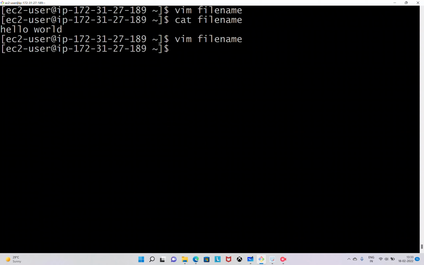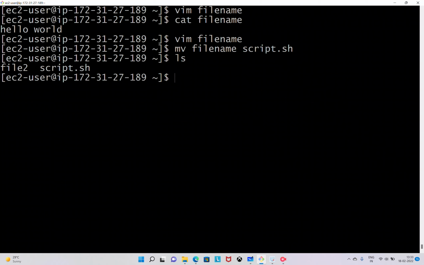I have already created the file by the name file. So how will I rename it? I can use the command mv, which is move: mv file to script.sh. So I am using the mv command to change the name of the file to script.sh. That is done. Now if I do ls to list the files, you will see file2 and script.sh. The file named file is gone because I have used the mv command to